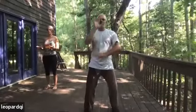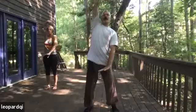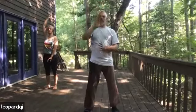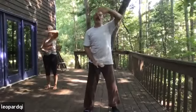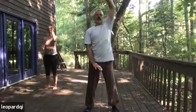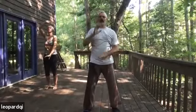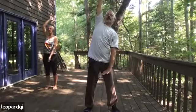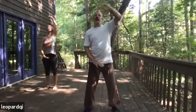And then we're going to take the right hand up and the left hand down, palms facing out, and then floating down to our starting position. Then left hand up, right hand down, palms facing out, more or less on center line, and then down. And we're breathing in as we extend to both sides, and breathing out through the nose as we come to center. Breathing in